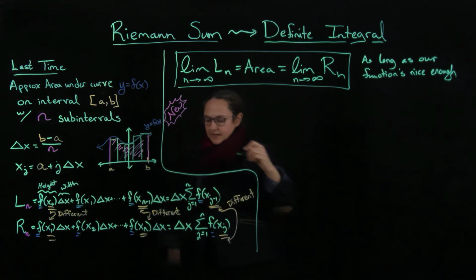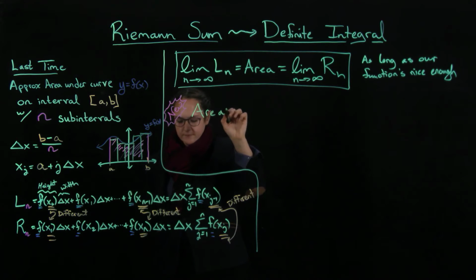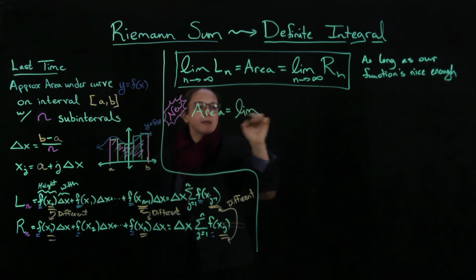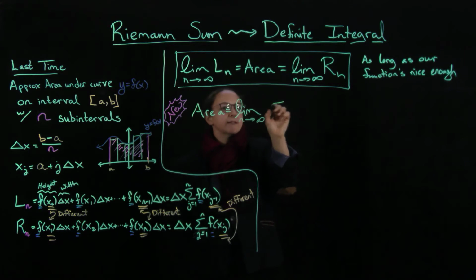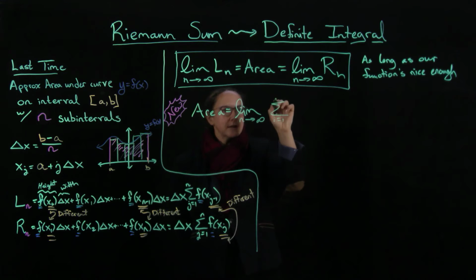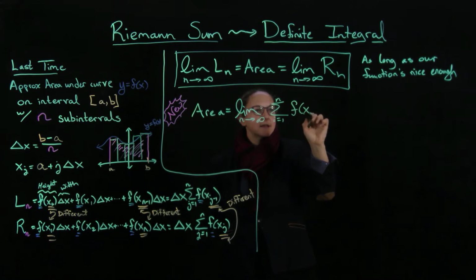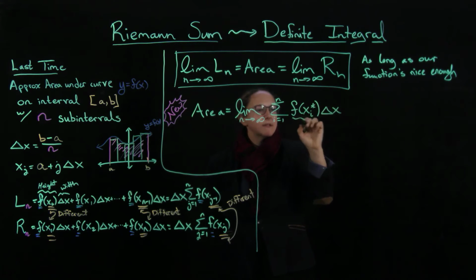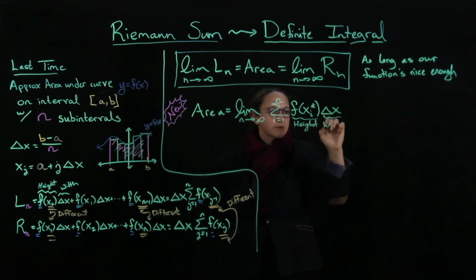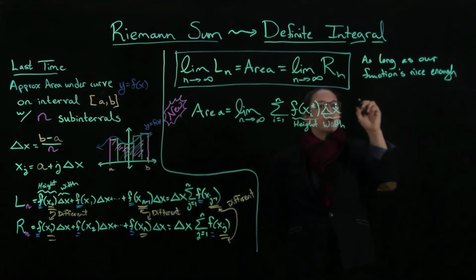So the area is going to equal the limit as n goes to infinity of the sum from i equals 1 to n of f of xi star delta x. So we still have that this is our height and this is our width. We're just taking it at different points in the interval. Okay, for any sample points,